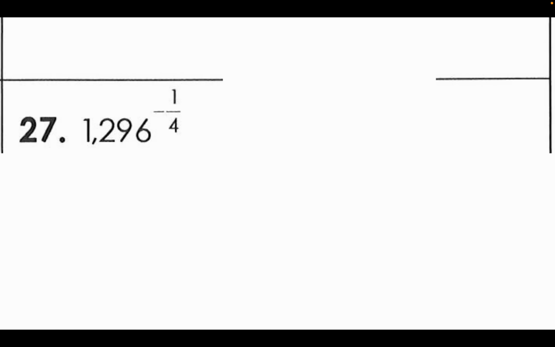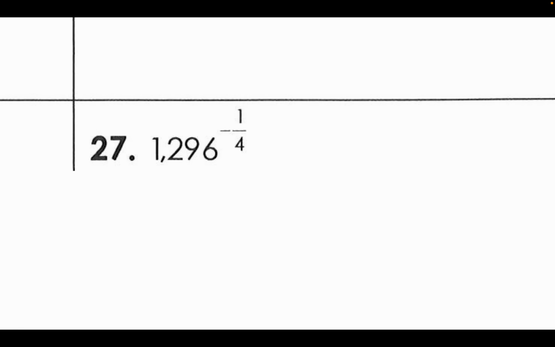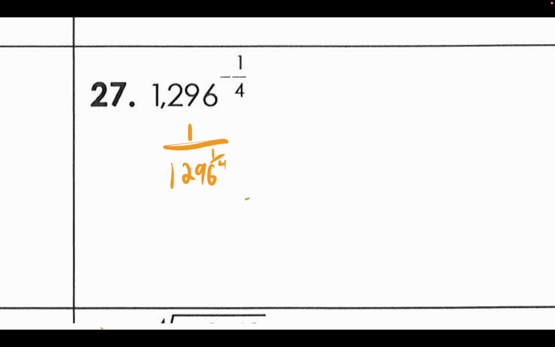27, 1,296 to the power of negative 1/4. Now be careful, this negative did not print well, so take heed. Negative exponents mean they move to the bottom of a fraction. And if it's negative on the bottom of a fraction currently, then it goes to the top, to be clear. So 1,296 to the power of positive 1/4 now. So nothing else changes except for the location and the sign of the exponent. And that would be the same thing